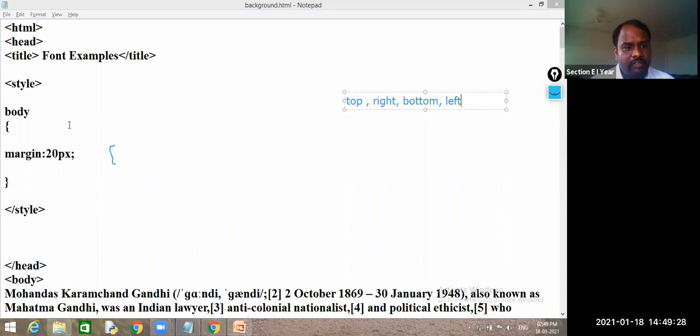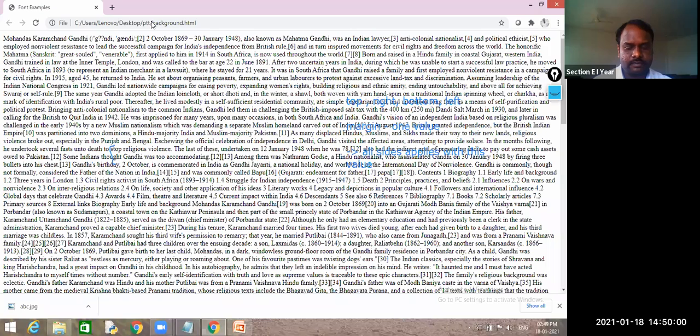If you give margin with one value, what happens? All sides apply this value. Let us observe whether it applies or not. I have given 20 pixel. We'll see the response. Okay, I have not saved this one.